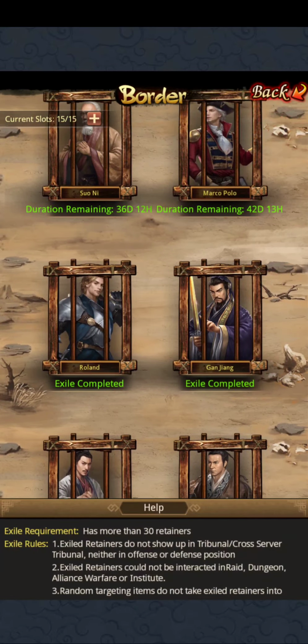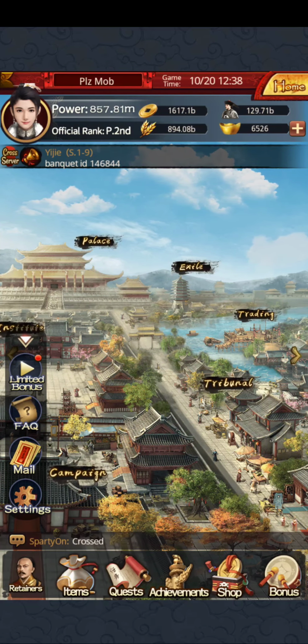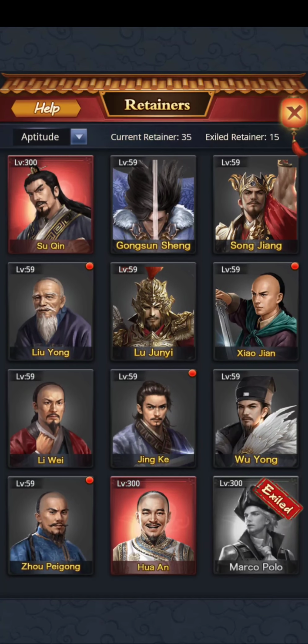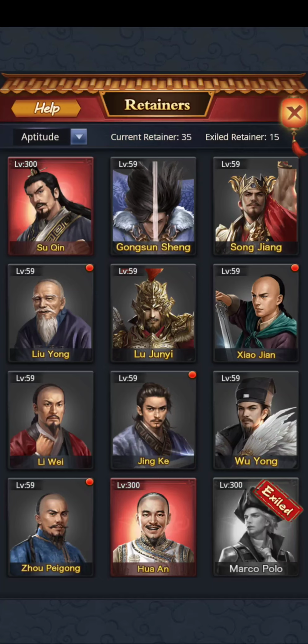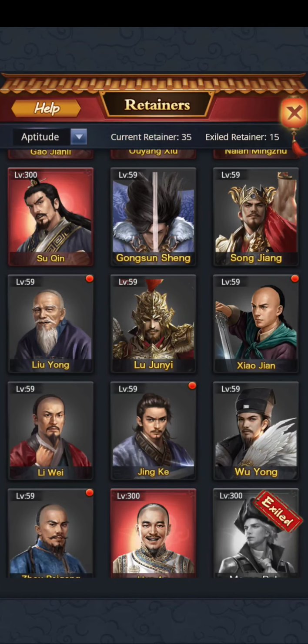On top of exiling retainers, another strategy I tend to tell my allies is to have retainers that are below 60. So I have, let me see, 1, 2, 3, 4, 5, 6, 7, 8, 9. I have 9 retainers that are all level 59. Hence, whenever a Tribunal happens for me, these retainers that are not exiled but are below level 60 will not be